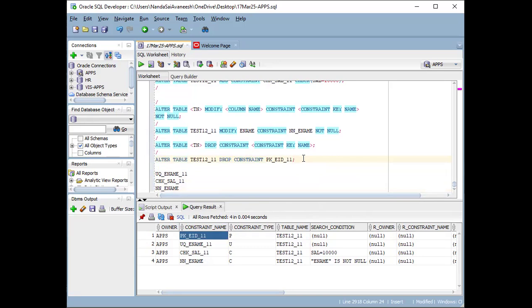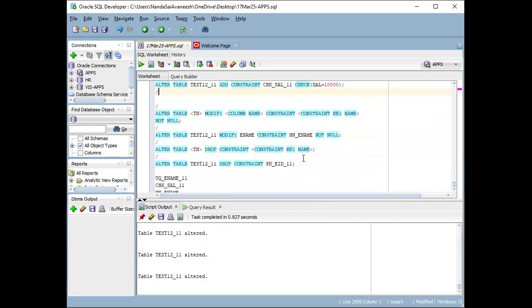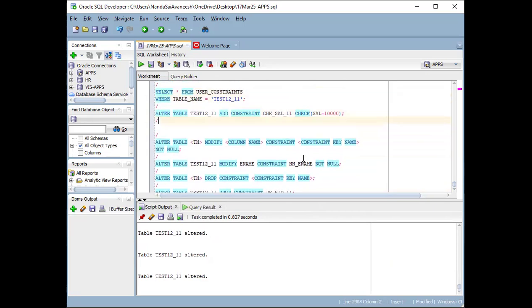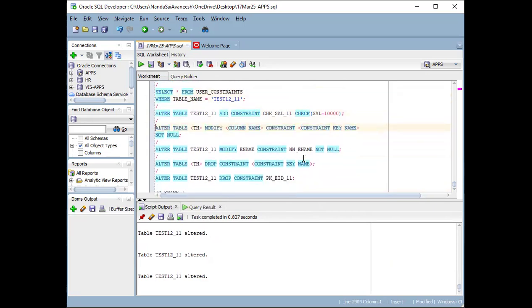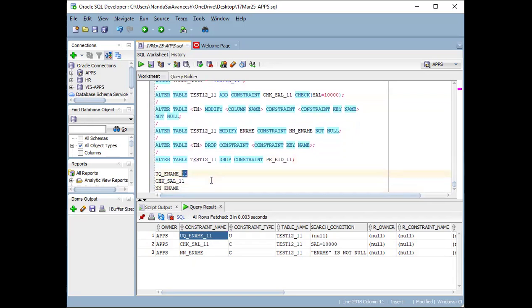Alter table name drop constraint, name we have to provide. So the table is altered. You can check here, this table. So here the primary key constraint is removed. Now suppose I want to remove this constraint also, then I can use here